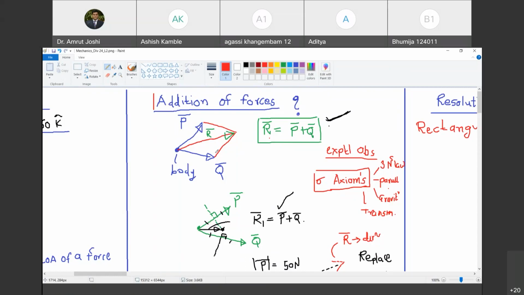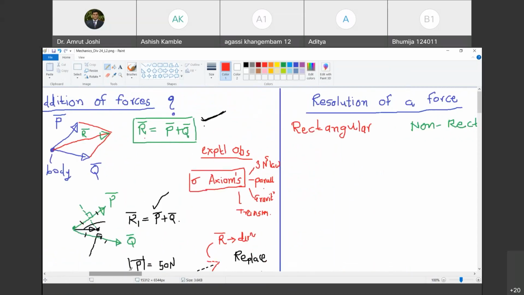Yes, sir. Okay. We also discussed the axioms of mechanics. There are 6 axioms: Newton's 3 laws, the parallelogram law of addition of forces, the law of gravitation, and transmissibility of force, which we still need to discuss. These 6 axioms are statements which have no proof other than experimental observation. As long as these axioms are valid, we can rely on the theory called Newtonian mechanics. Happy? Yes, sir.